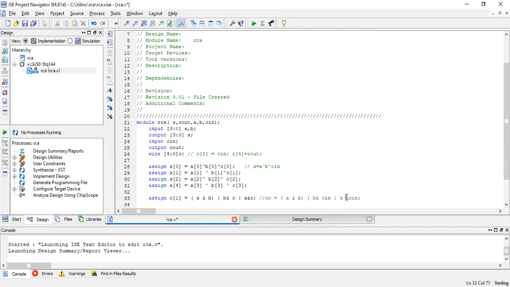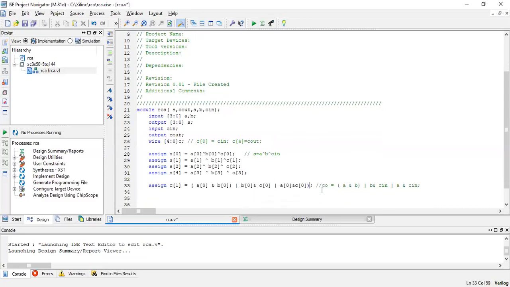So what is our expression now? Let us see the expression. The expression will be A of 0, this is the first one, right? So A of 0 and B of 0. Then this is B of 0 and C of 0. Next, what is this? A of 0 and C of 0. Then only it is generating. If you want, we can close this bracket. Done. So this is working. So next, let us write the next one.